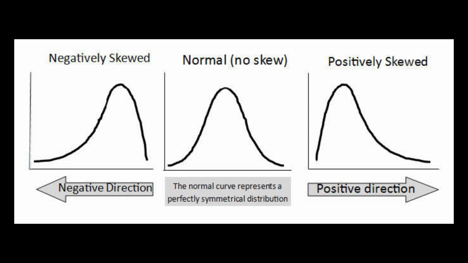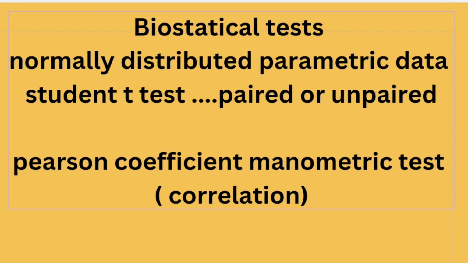Mean is, for example, if we have two values like 2 and 2, then 2 plus 2 divided by the number of values, that is 4 divided by 2, will be the mean. While median is that if we arrange our values from least to most, the middle value is the median, and mode is the most frequently occurring number or value.